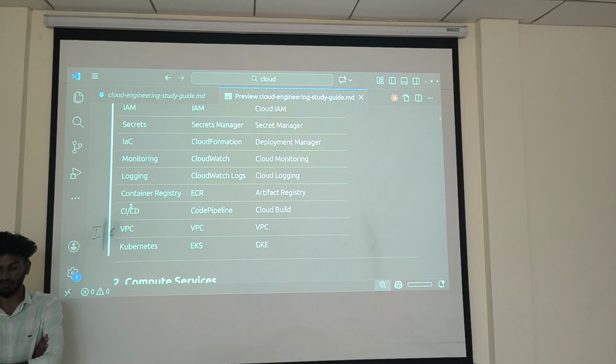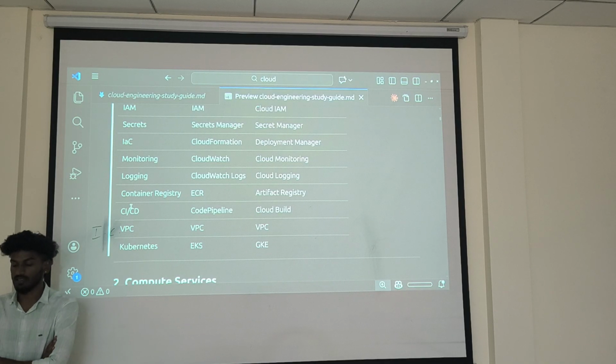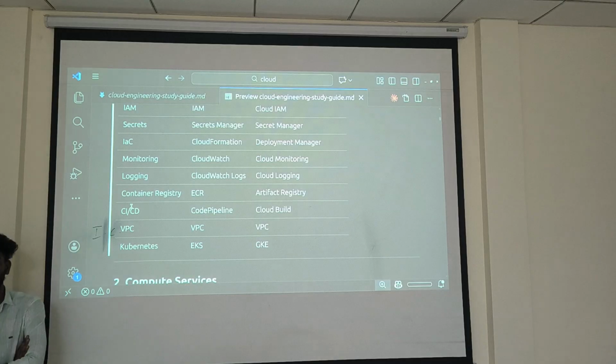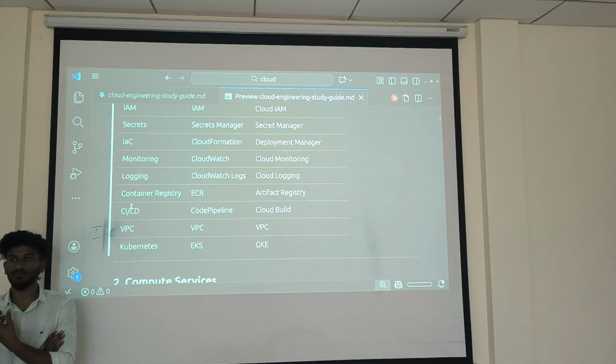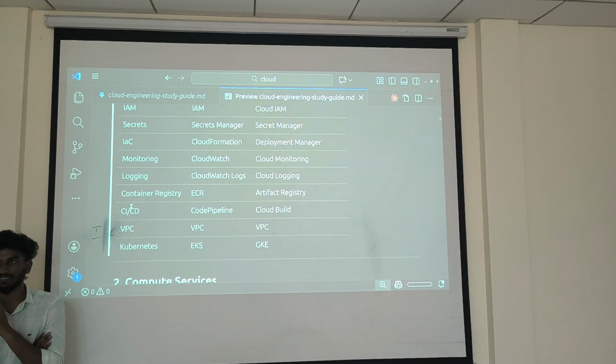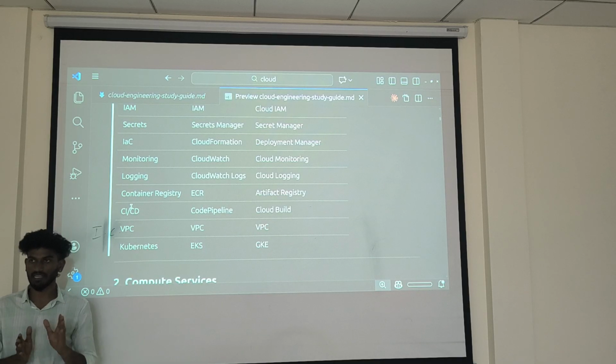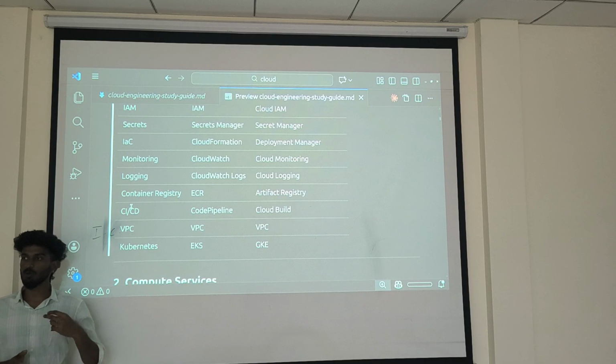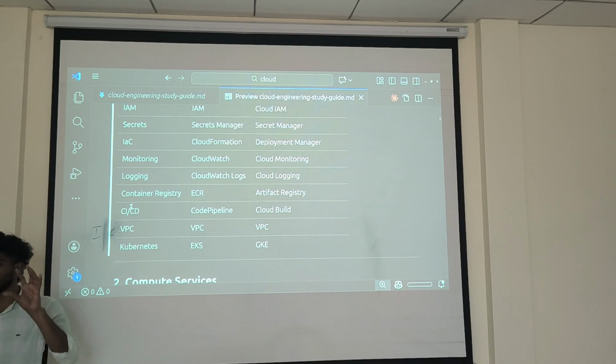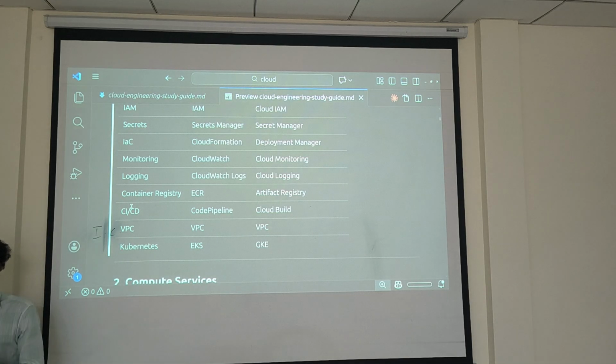Next one is the VPC. Okay, VPC is also pretty important. VPC is nothing but a private communication, like how you can control the network. Say I take two VMs. Can I communicate between the two machines? In the cloud it is possible, but based on your config, you have to put both machines in the same network.